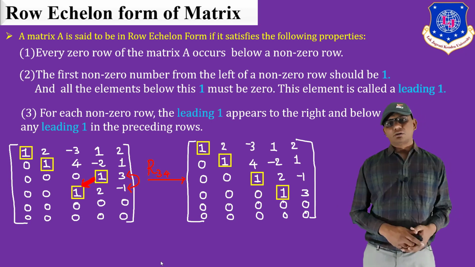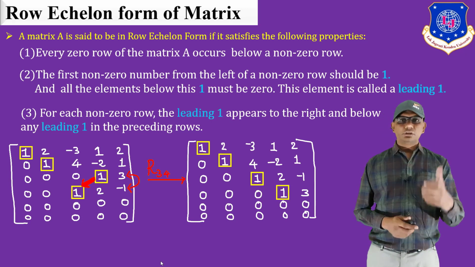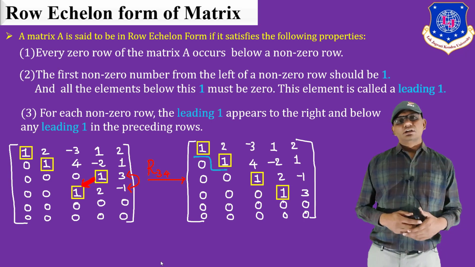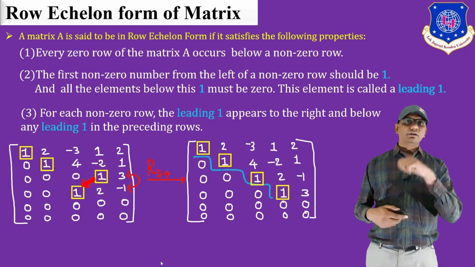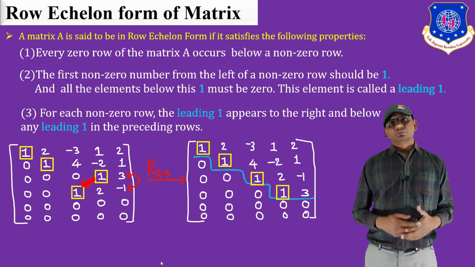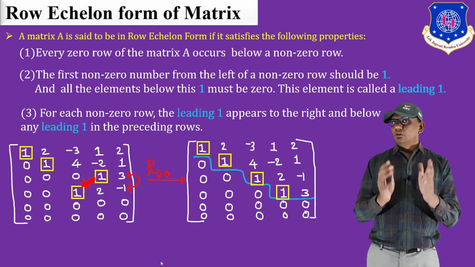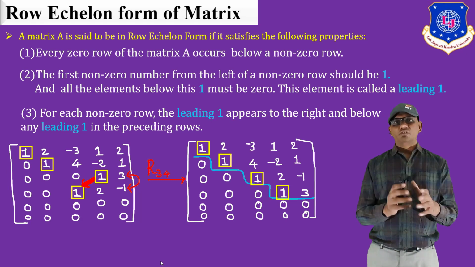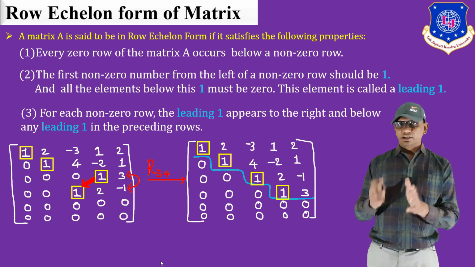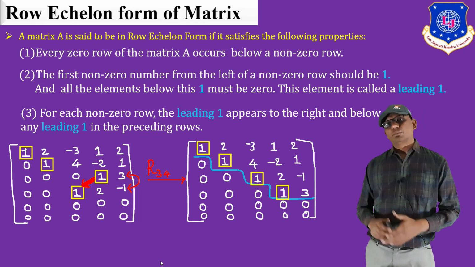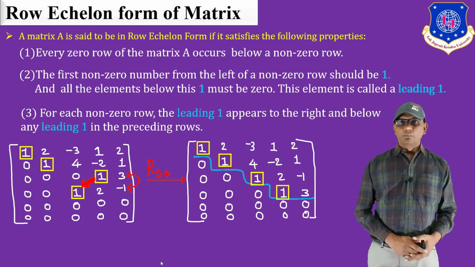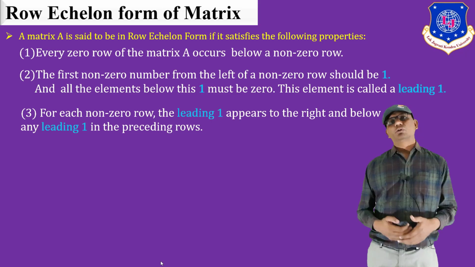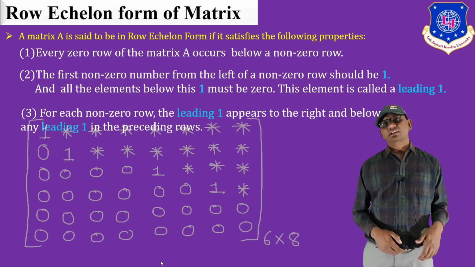Now it is a proper row echelon form according to the third condition, and we get all the entries below and to the left side of the leading element as 0. So that is the perfect form of our matrix, which is converted into the proper row echelon form. So finally, when any matrix follows these three conditions, then it looks like this.